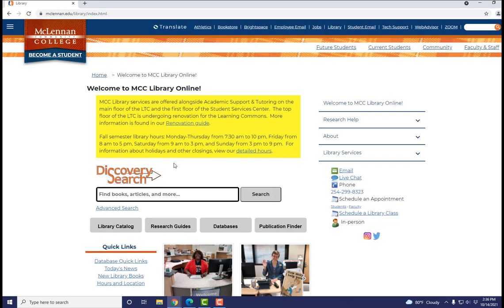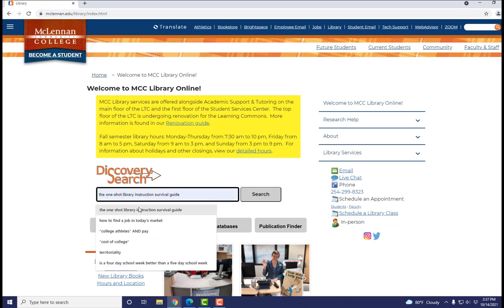Now, if there's one thing I want you to take away from this video, it is that researching and using the library's resources is not a one-and-done process. You will need to do multiple searches with different combinations of keywords to see which combination is most effective. In general, I like to start broad and then narrow my search, but you can search in whatever way is most efficient for you. Because I like to start with a broad search, I am going to type emotional intelligence